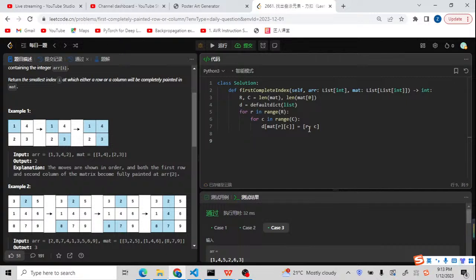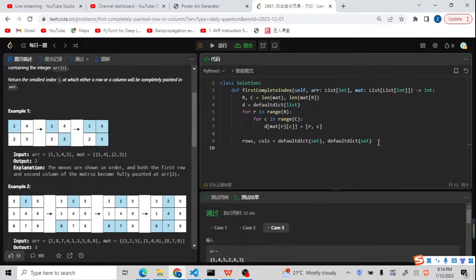Now we just need to prepare two other variables. It will be rows and columns. It will be a default dict set, because we're gonna use this set to check if we can find a row or column which is fully painted. So we're gonna use a default dict set. Those two sets are for the row set and the columns set. Now we can start to